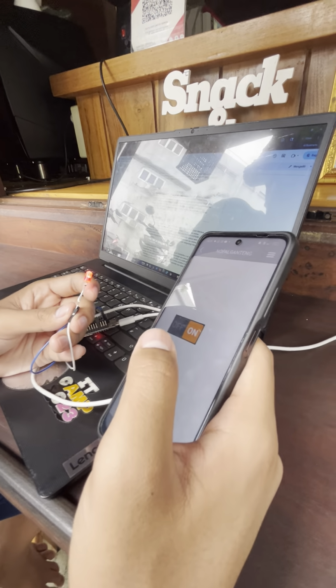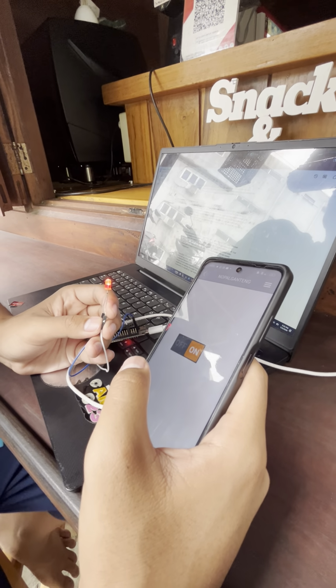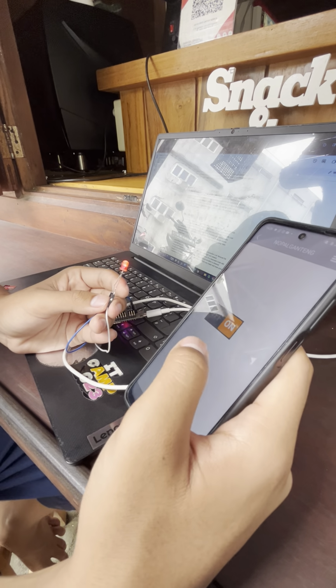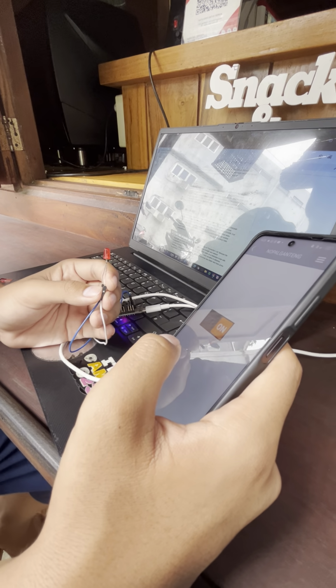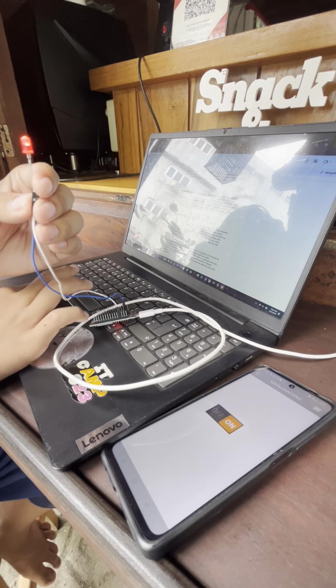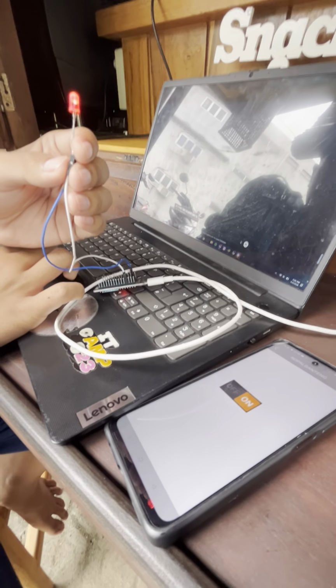And here, the ESP is the access point. So I will explain the difference between access point and station mode.